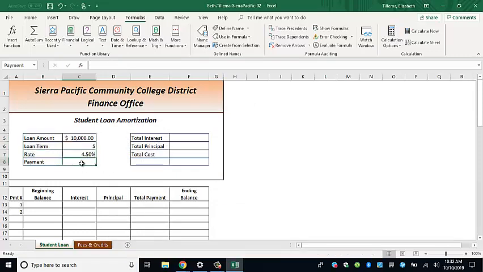So let's just talk about what we're going to do. We have taken out a student loan. So we've gone to Sierra Pacific Community College, and we've taken a loan out for $10,000. When we pay it back, it's going to be a 5-year payback period, and the interest rate is going to be 4.5%. So what we want to figure out is what our payment is going to be to pay off this loan. So I'm going to click in C8, and I'm going to go to